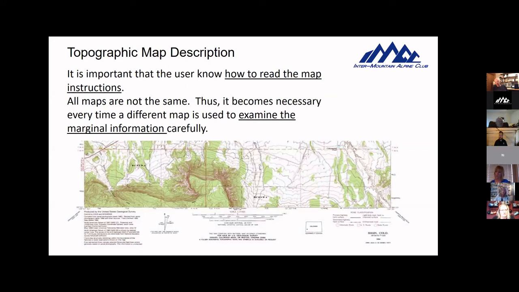Okay, the topo map descriptions. It's important that the user know how to read the map instructions. This right here is the map instructions. All maps are not the same. My husband tends to use green trail maps. I don't know if you guys can see this very well, but he uses green trail maps like this, CalTopo maps,